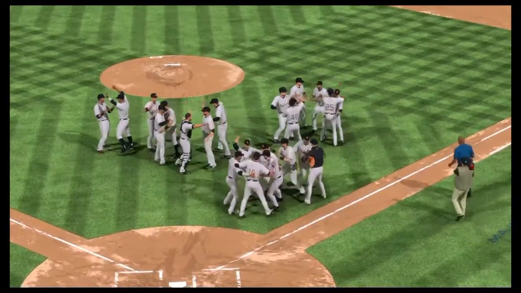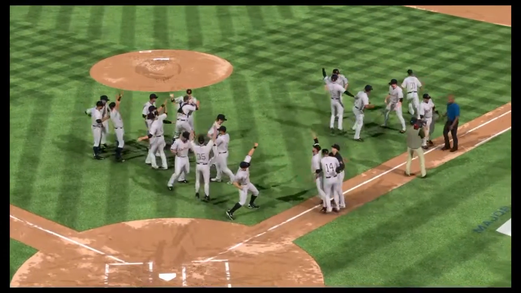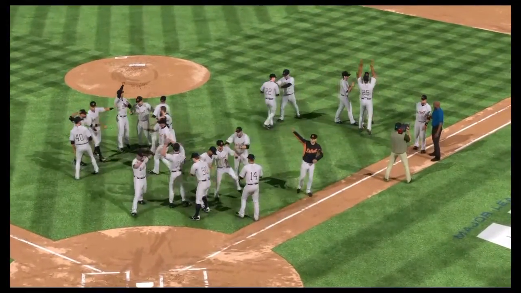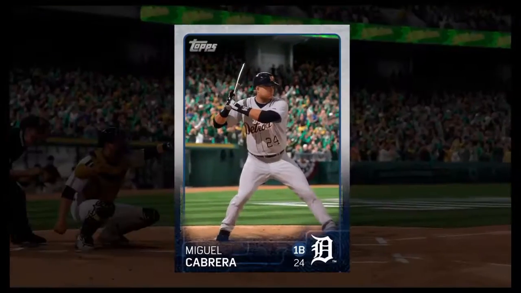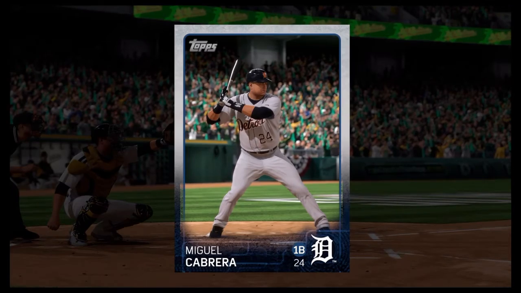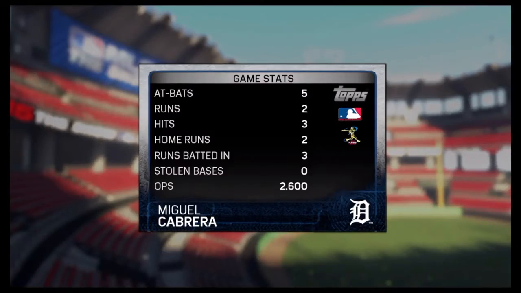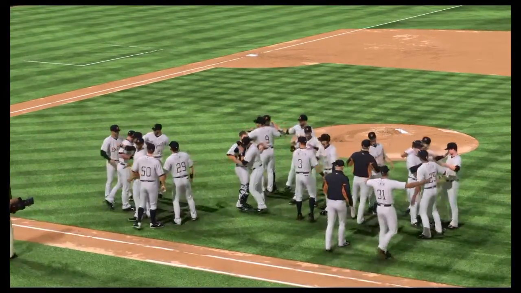Well, you know, their work is not done yet, but they've done what they needed to do up to this point. And they take care of business here to punch their ticket to the ALCS. An entertaining game all in all, so if we have to choose one who stood out among all others, why not go with this man right here? He's our top player of the game. Yeah, he connected on a couple of long home runs. Really